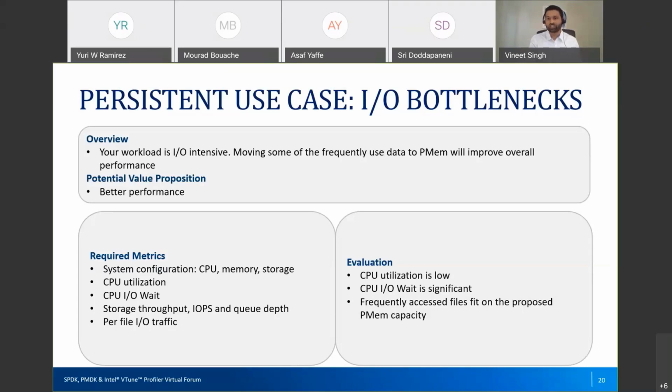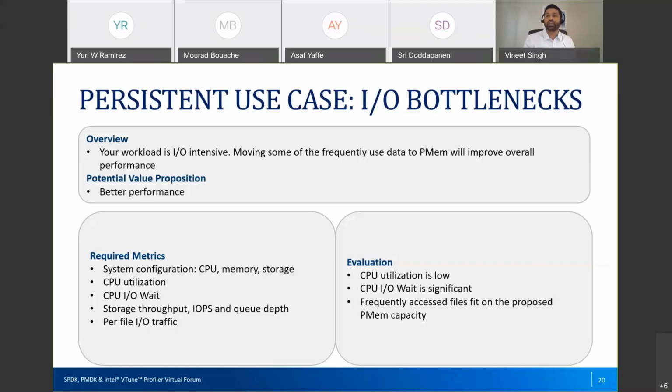So CPU utilization should be low. IO wait is taking a significant share because of this traffic going to the storage media. And the second thing is, in a lot of scenarios, the data on storage media is huge. You can't move the whole thing to PMEM. Actually, you can with this bigger capacity, but in the particular scenario that we are talking about, what you can do